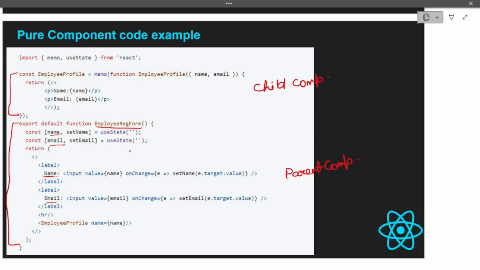Now let's go to our child component, which is EmployeeProfile. If you see, we are wrapping our child component inside a memo function. One thing to note is that when we are calling EmployeeProfile, we are only passing one prop, that is name, and we are not passing the other prop, which is email. This is important because in the child component EmployeeProfile, we are using both name and email.